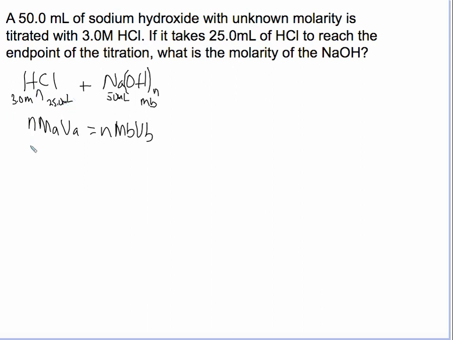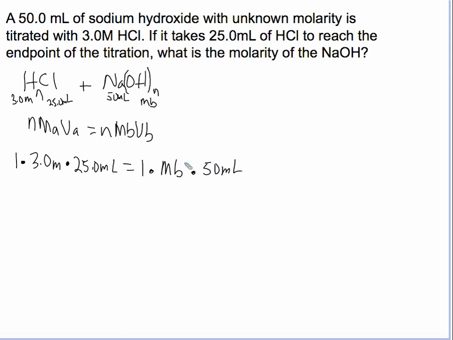Now what we can do is plug in what we know. N for HCl is just 1, so we could put it in there or just leave it out. If it's 1, you can just leave it out. Molarity of the acid, 3 molar, times the volume of the acid, 25 milliliters, equals the N for the base, but there's just one OH, so that's 1, times the molarity of the base, which we don't know, times the volume of the base,